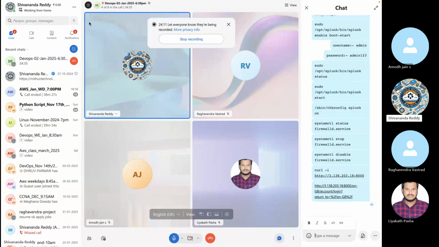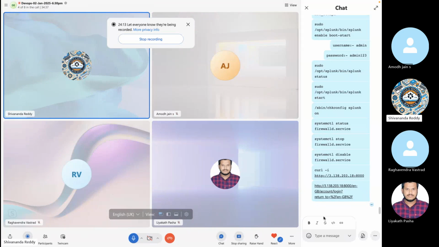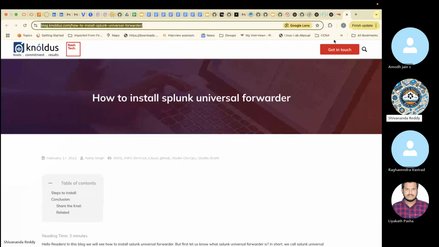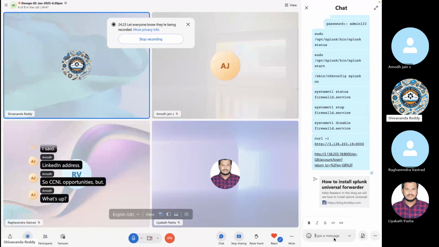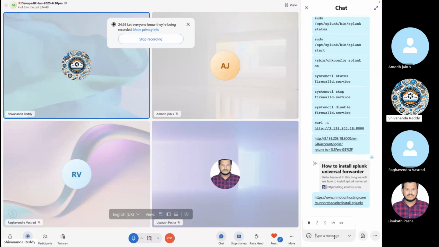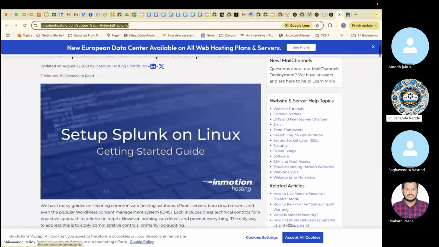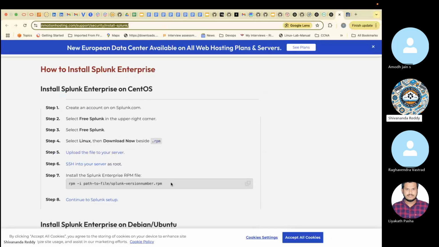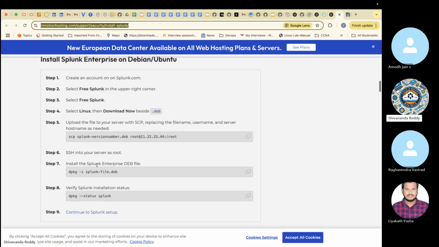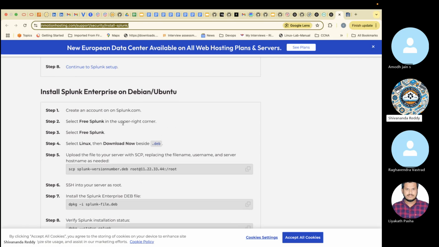A step-by-step guide will be there on how Splunk can work. Able to see how to install Splunk Enterprise on CentOS. This installation is written already. Now